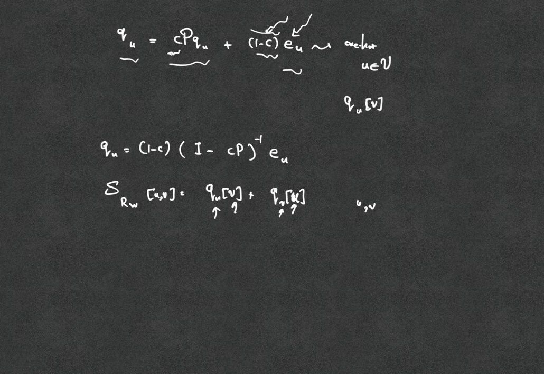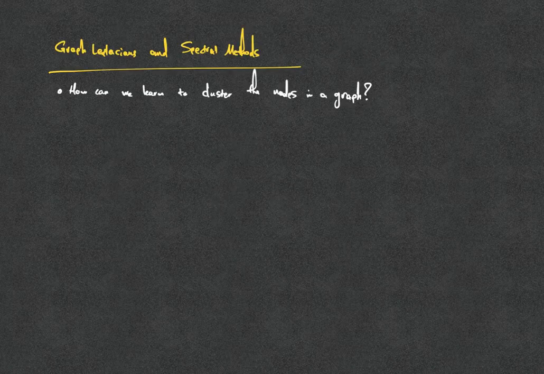Next, we're going to talk about a pretty important thing in graph theory called graph Laplacians and spectral models. These concepts are mainly motivated by learning how to cluster the nodes within a graph and learning low-dimensional embeddings for the nodes of the graph. Now, we have talked about the adjacency matrix A, and they are pretty good in terms of representing a graph without any loss, even though there is some redundancy in the representation.